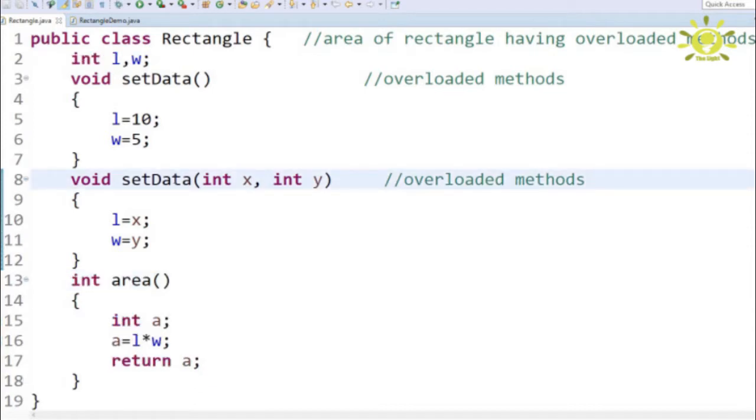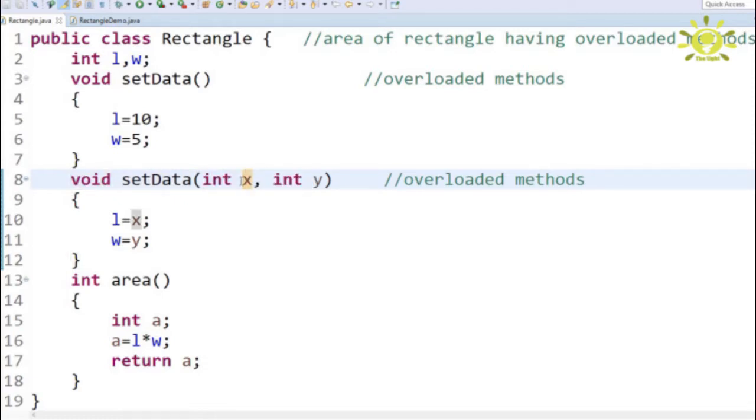So what is method overloading? In one class, having the same function name but a different signature is called method overloading. So here the question that may come to our mind is, what is a signature? Signature may be a return type, and the parameters or the parameters' data types.